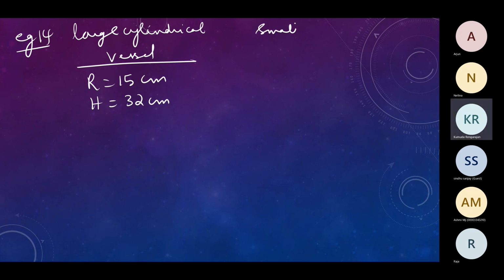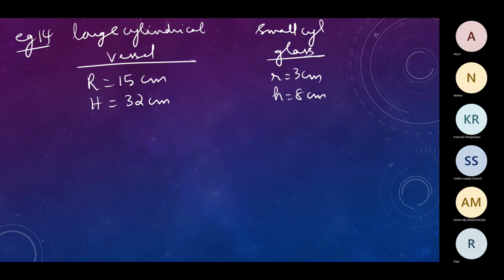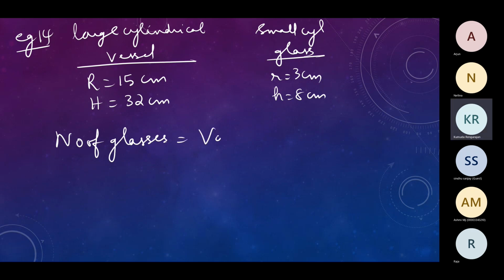Small cylindrical glass: radius 3 centimeters, height 8 centimeters. So number of glasses is equal to volume of juice in the large vessel